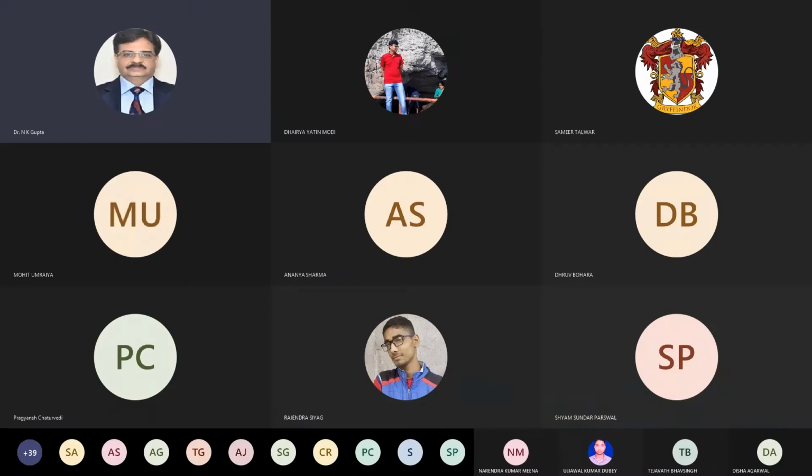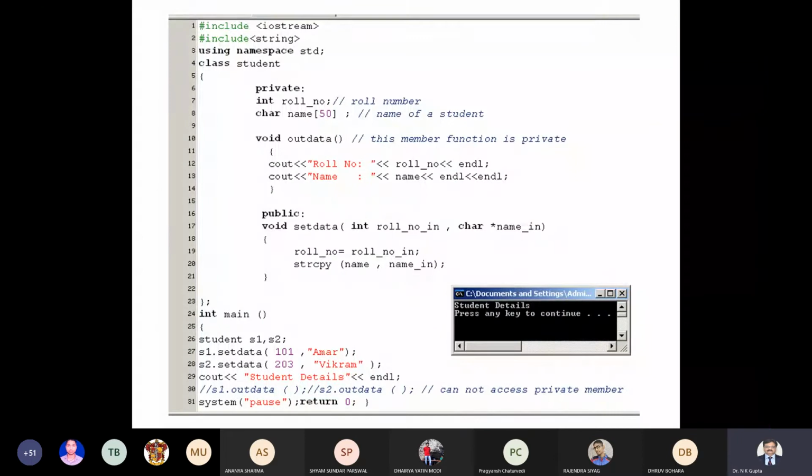To continue with the classes and objects, I discussed so many examples with you. This is one of the examples where you can see: do we require to write this private over here? No, sir. But as a standard practice, we are writing it because somewhere we are writing the public access specifier also. So just to make it clear that these are the private data members, we are mentioning it like this.